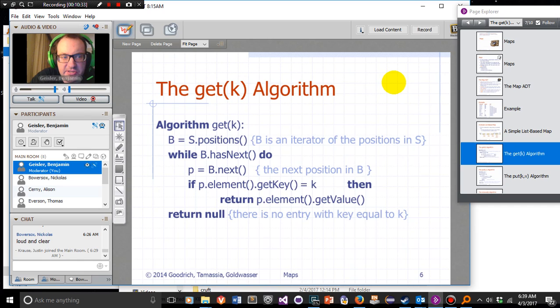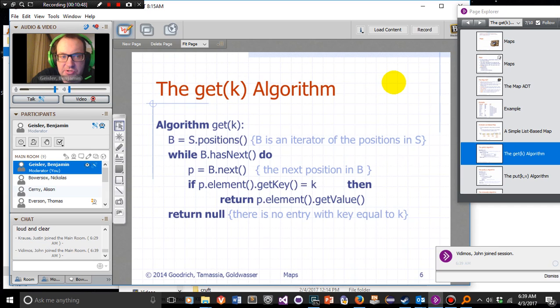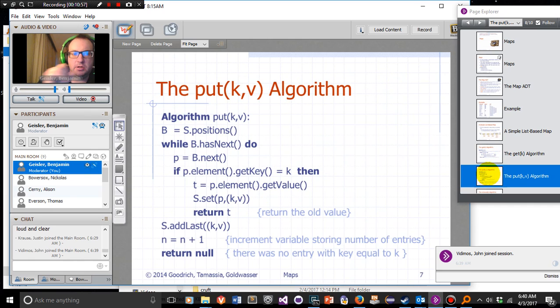Now that's almost the best we can do for now. I mean, we saw with priority heaps, you can do a little better. We're going to see hash maps in a little bit. You can do a little better there too with map implementations. But this is probably the most naive of the implementations of the map. So the put